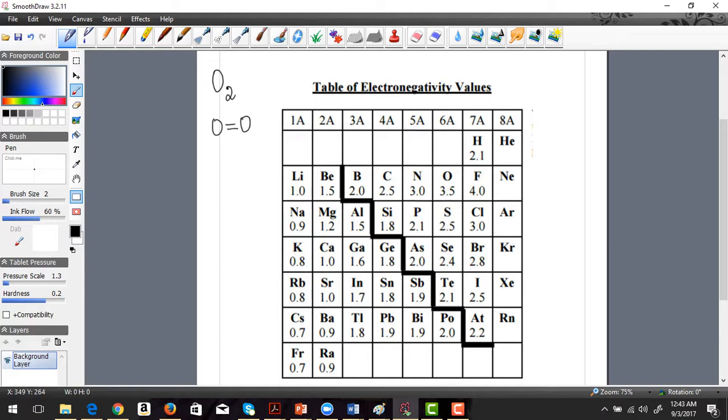And if you go get the value, oxygen's electronegativity is 3.5. That's the same for the two oxygens. So to get the electronegativity difference, you subtract one value from the other. In this case, it doesn't matter which value you put since they're the same, so it's 0, right? Since it is between 0 and 0.5, right, it is